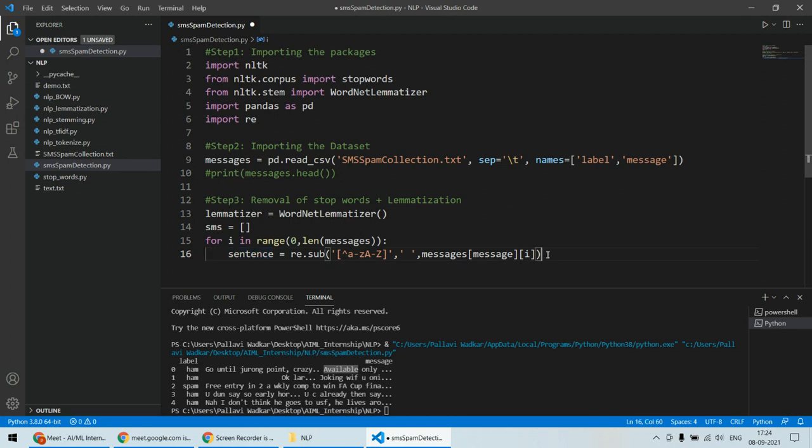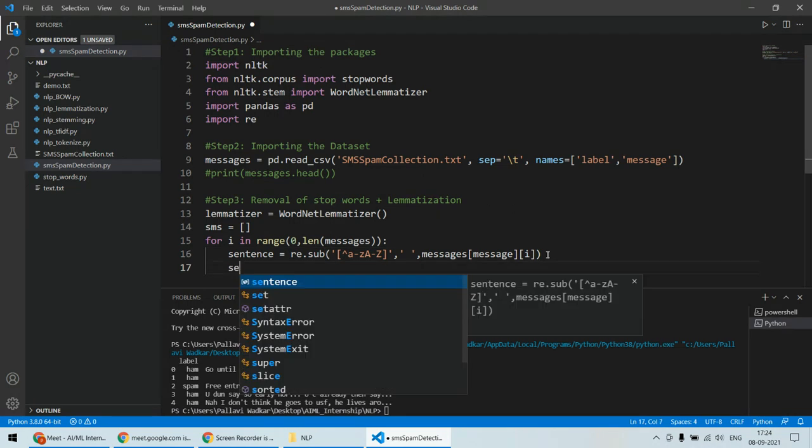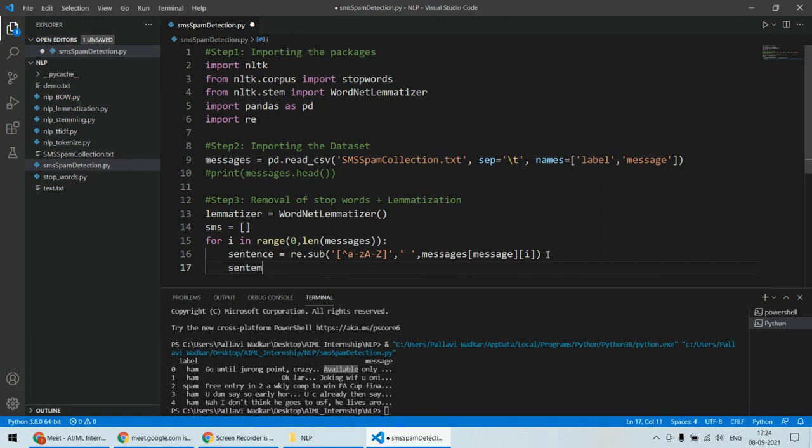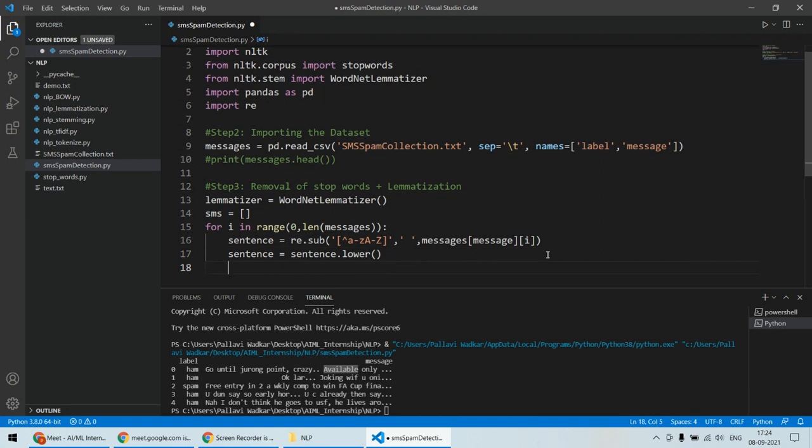Now हम क्या करेंगे, हमने तो यहां से अभी पंक्चुएशन मार्क्स रिमूव कर लिए. Now next step is sentence equals to sentence dot lower. सो ये लोअर केस में हो जाएगा जो कुछ भी है, तो लास्ट टाइम हमने ये किया है. फिर हम उसको स्प्लिट करेंगे, वर्ड्स बनाएंगे. Sentence equals to this sentence dot split,